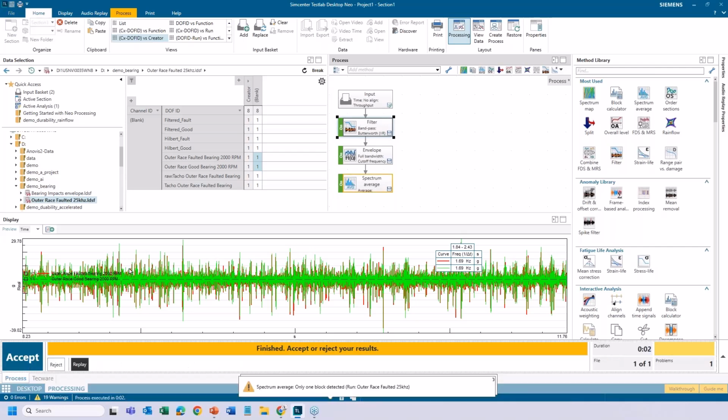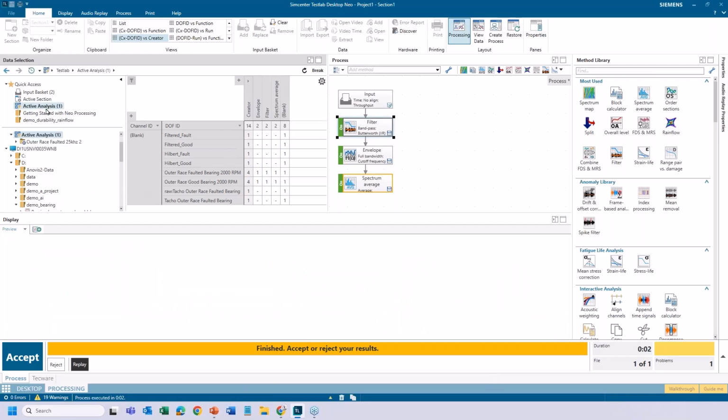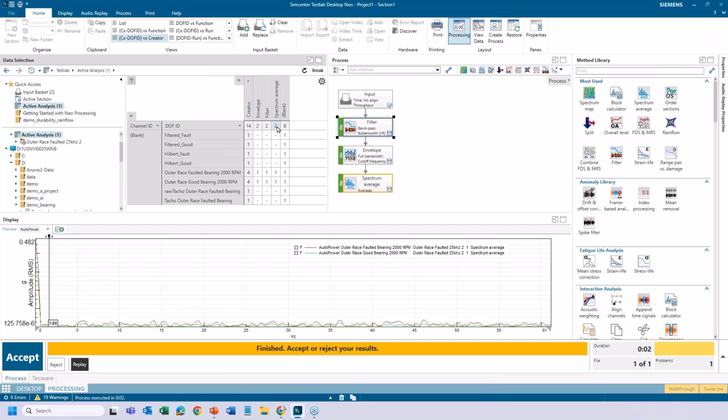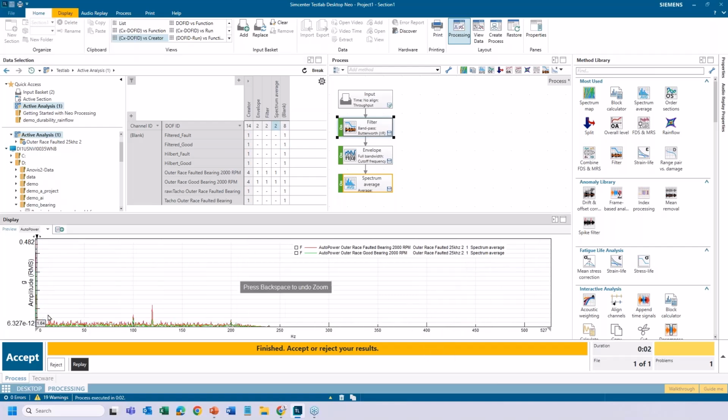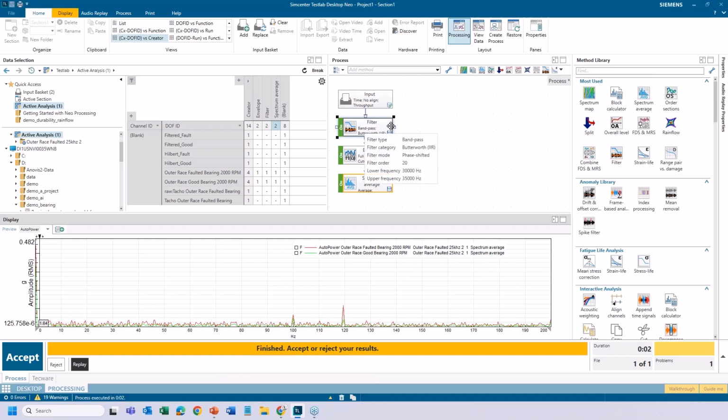Hit run here. Go to the active analysis. And here we have the spectrum. I'll maybe just go up to 200 hertz or so. This is the spectrum of the data that's been filtered first, bandpass filtered.